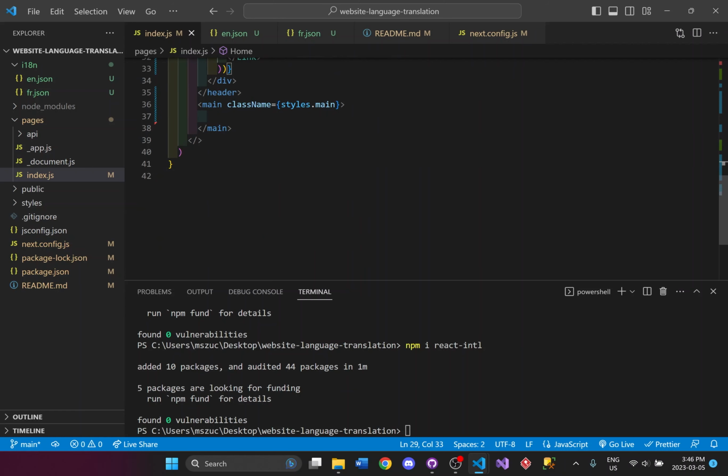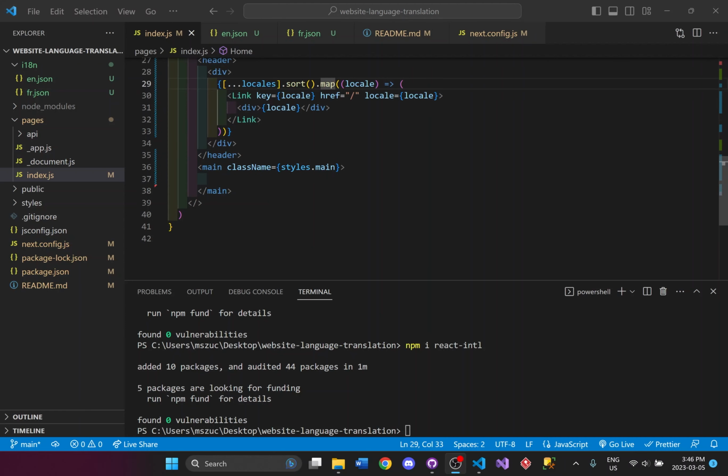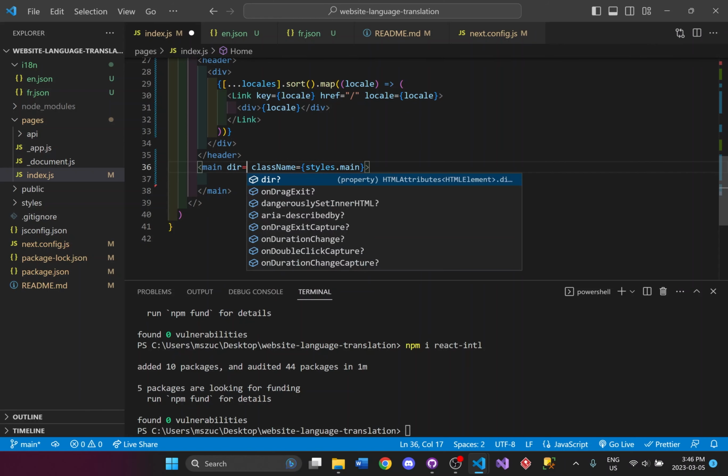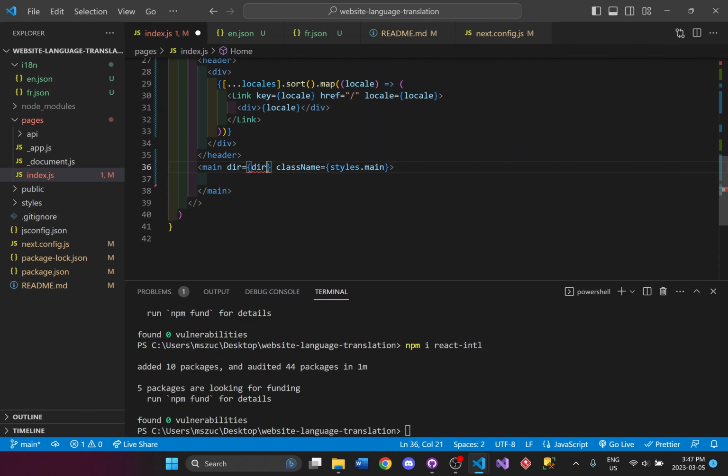And now all we have to do is add in some of the contents here in between the main. Now what we're going to do is right in between the main here, we are just going to, first off, I'm going to edit this main tag, and I'll put dir is equal to dir.